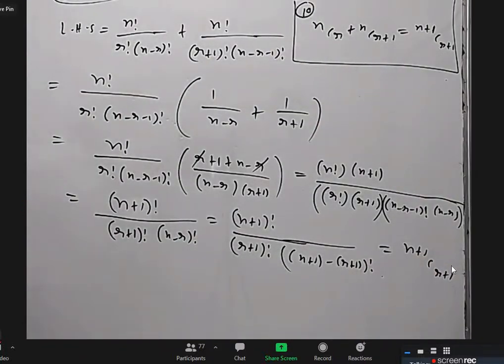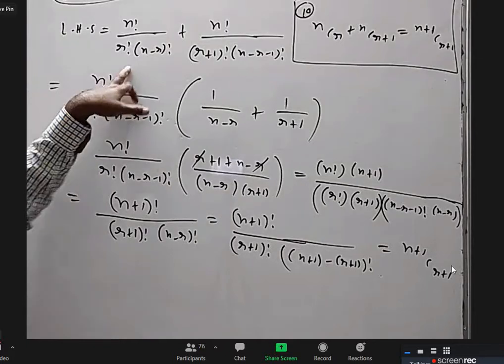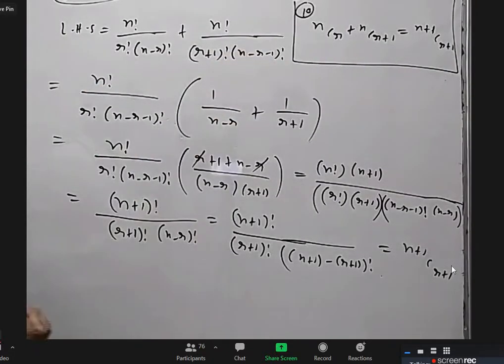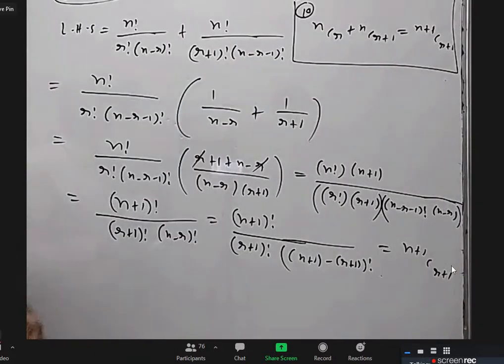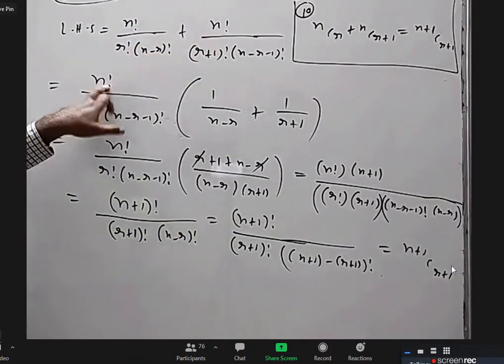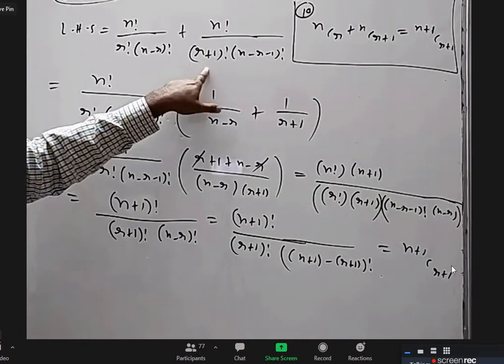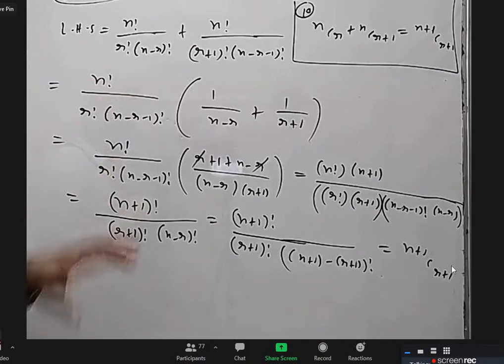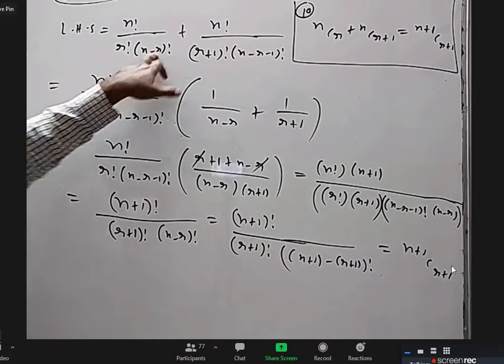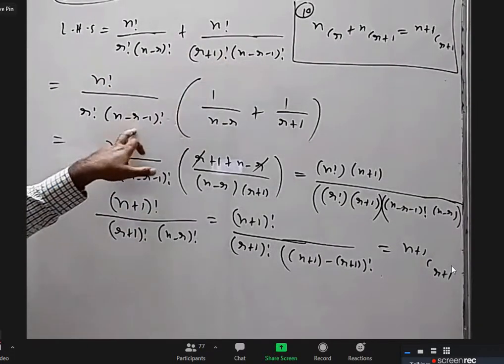All right, some of you might have completed, right? Done, sir. I wrote NCR expansion, NCR plus 1. This is actually n minus r plus 1 when I expanded it. Here n factorial I took common. Out of r factorial and r plus 1 factorial, I took the smaller one common. I would have taken the bigger one common, it would have been easier, but it's okay. And out of these two, this is a smaller factorial, I took that common.